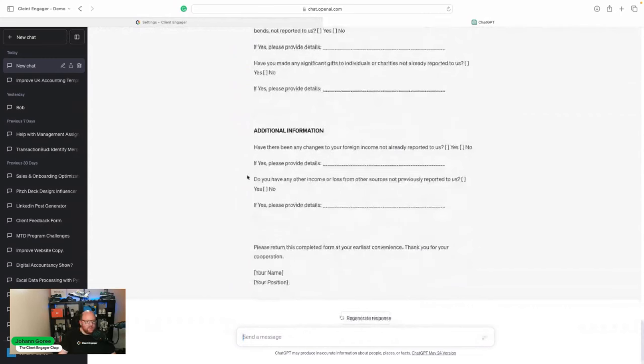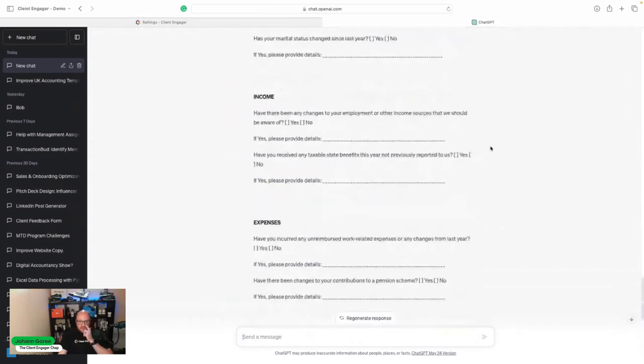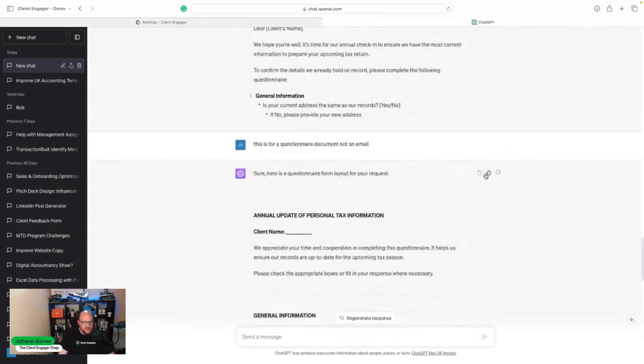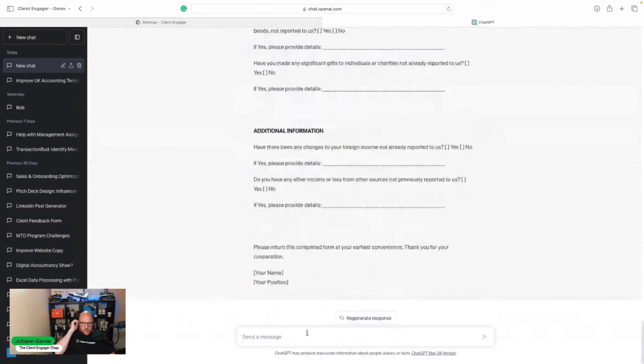So yeah, there we go. We've got a whole questionnaire here. Now, when you've got this to edit it, all you need to do is quick copy here. Then you can paste it into a Word document or whatever you're using. So that's really good. Other examples might be